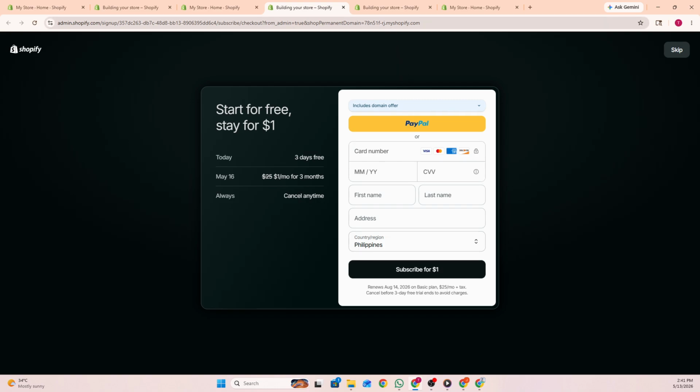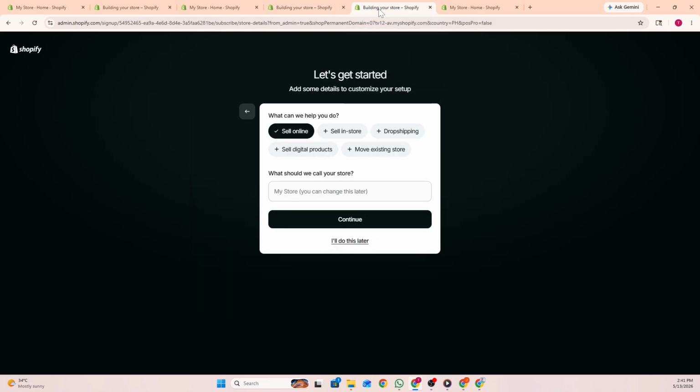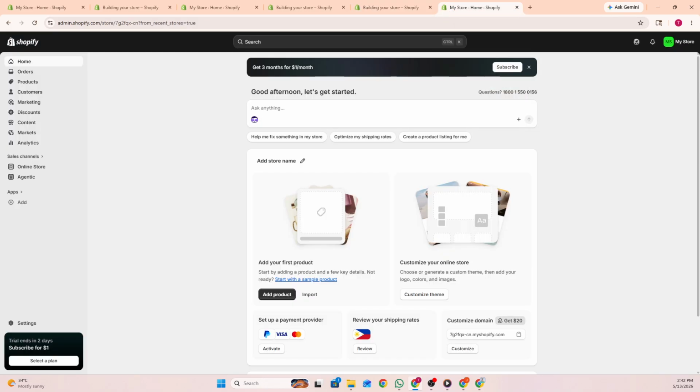After the new store is created, you will need to go through the setup process for that store in the same way you would when setting up any Shopify store for the first time. This includes configuring store details, products, themes, settings, and other business information connected to the new storefront. Each store operates independently, which means products, designs, and settings can be managed separately, even though they are connected under